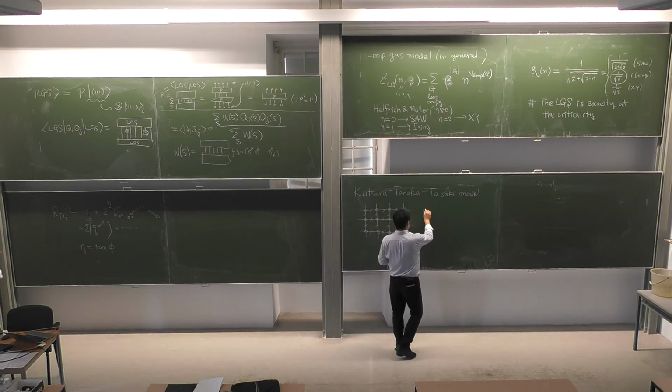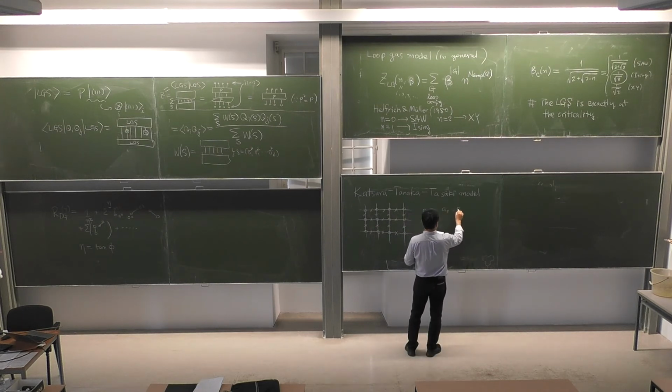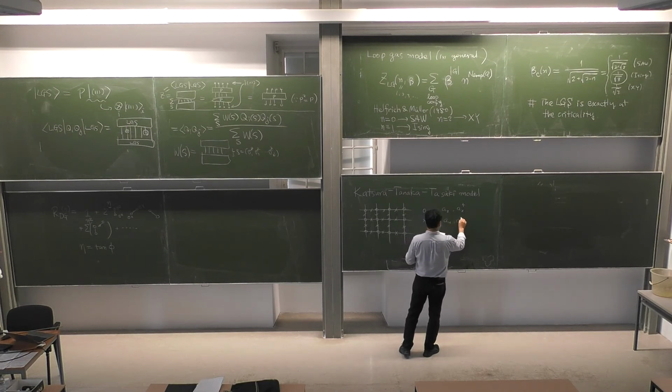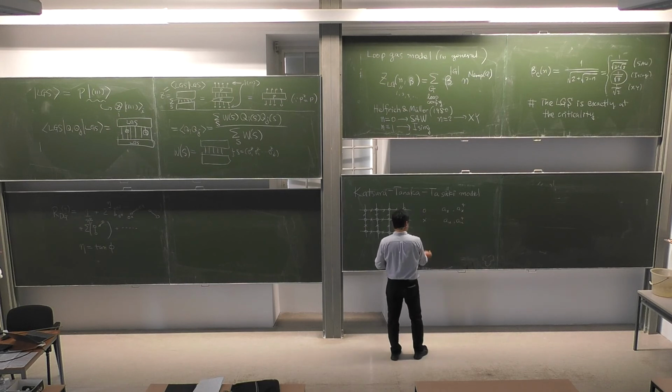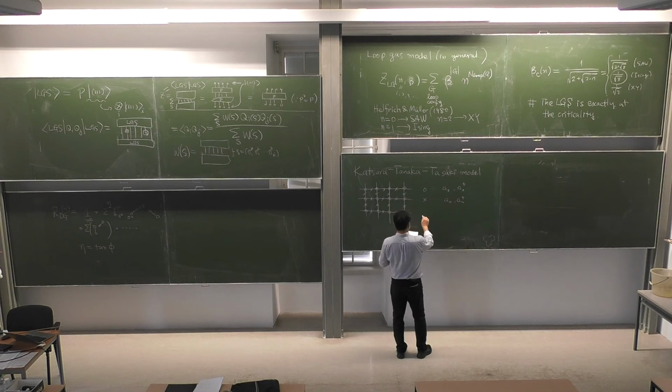So on the circles, we have A_X and A_X dagger. On crosses, we have A_U dagger. And in order to define the Hamiltonian, we define some mixture of these